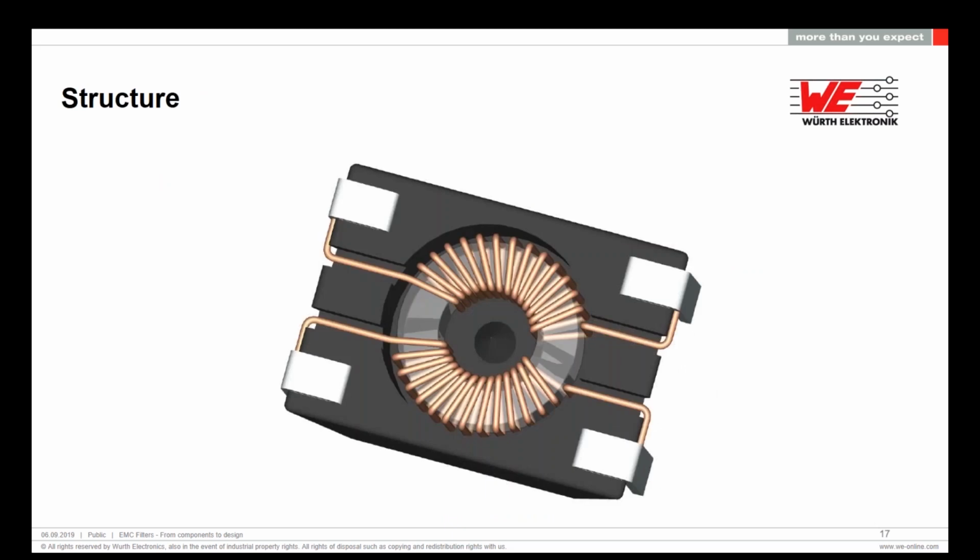To understand why we are affecting only the common mode and not the differential mode, we need to understand the structure of the choke. When we take a look at a common mode choke, we see that we have full symmetry between both lines. If we place a mirror in the middle of our common mode choke, we will see exactly the same two halves of the component. This leads us to have a perfect compensation of the magnetic flux